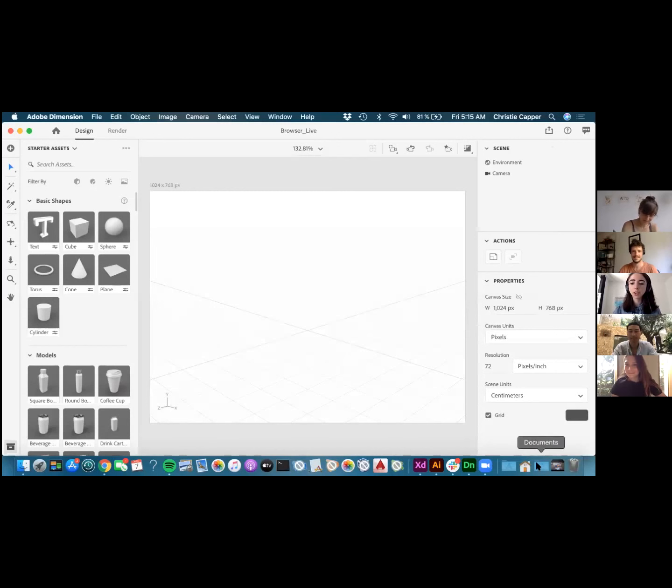So basically the goal of today is we're going to do a really simple 3D illustration. Usually in my workflow, I tend to use a mix of Cinema 4D for modeling, which is a popular 3D modeling software, and also Illustrator and Dimension. But today, just for the sake of simplicity and so that everyone who has Adobe products can just jump right in, we're going to do all of our modeling in Dimension and just use really basic primitive